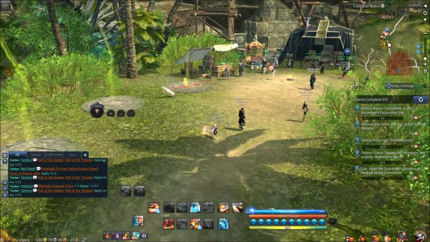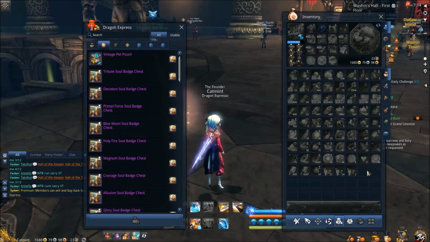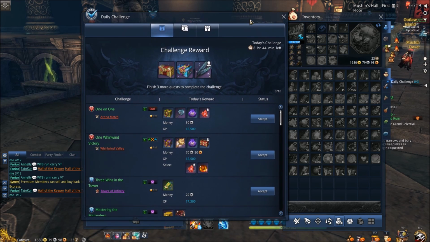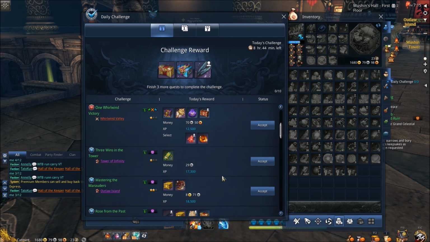Farm here as much as possible, get some good gear, and help yourself progress faster. Next tip we have is saving your solar energy. So how you get solar energy is you do the daily challenge every day. Every time you complete the daily challenge, which you just complete 3 quests from this list, very simple to do,